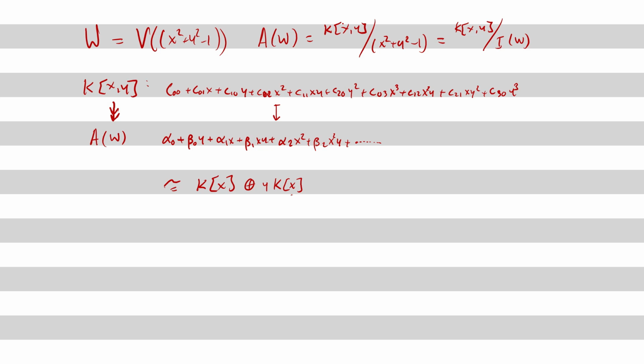I am almost certain that if we change u equals x plus iy and v equals x minus iy, then, but that's what's in my notes, then